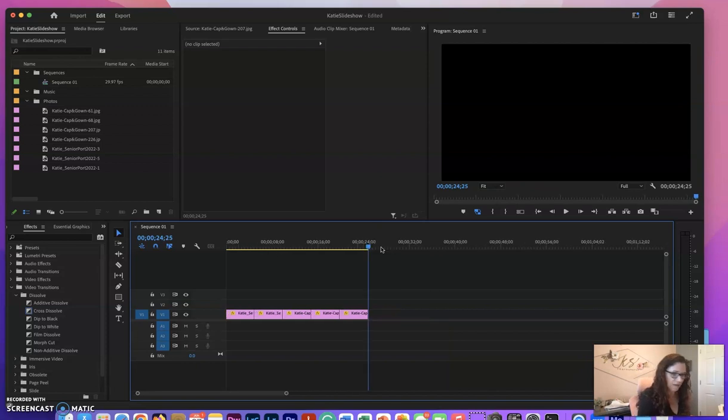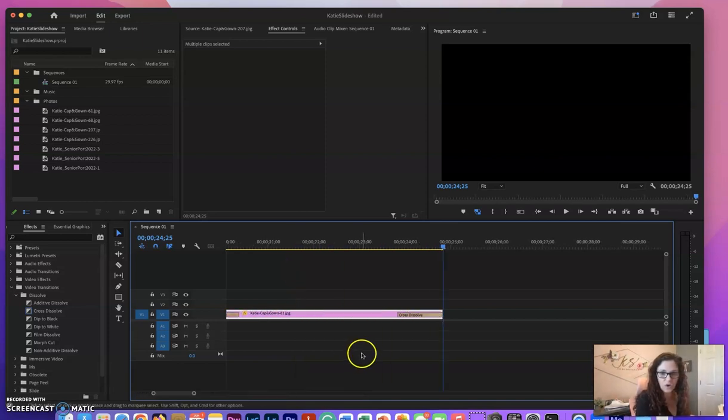Okay, now that I have added all of the Ken Burns effects, I'm now going to add transitions. So I'm going to select all of the photos in my video. My default transition, if you notice the little blue square around cross dissolve, indicates that that is the default. In order to apply the default to all of these at the same time, on a Mac, I'm going to do Command D. I believe it's Control D on a PC. And that will automatically put the cross dissolve,